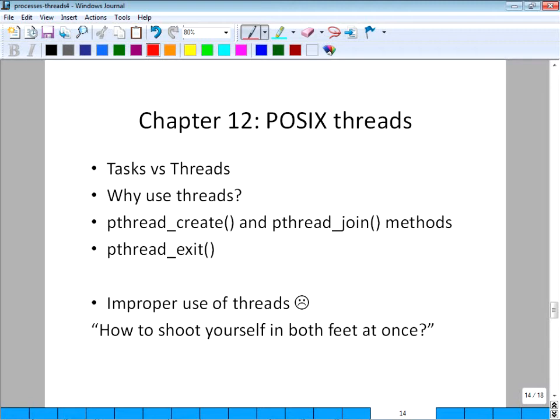Initially, threads were implemented at a very high level, meaning the CPU or operating system didn't provide support. So there's another library, the POSIX library, where the methods were created to build a thread-like environment. But later, I think the operating systems started supporting it, and then they became very OS aware. So it kind of starts to look like a process. That's what we will see.